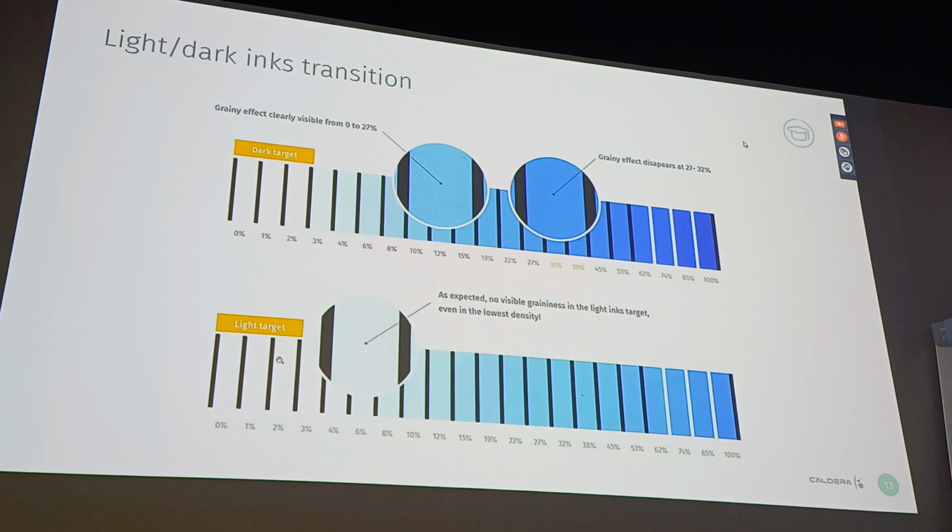And if you take a look at the light target alone, you can see, of course, that no visible graininess is visible, even in the very low density. This is the principle of light inks. So now we know that we will push light inks only from 0 to about, let's say, 30 to 38%